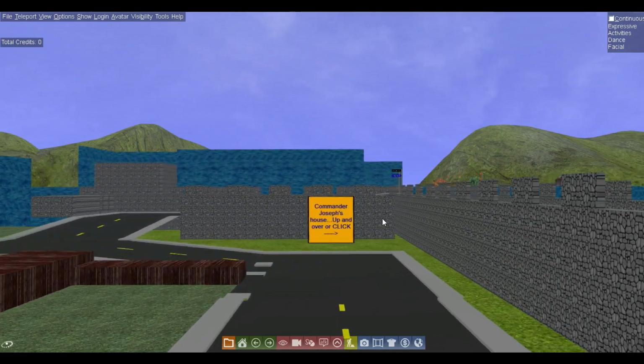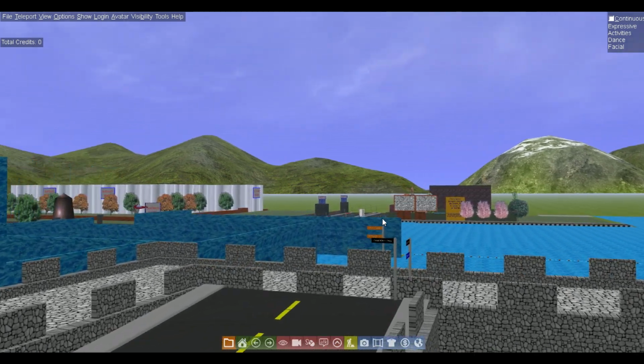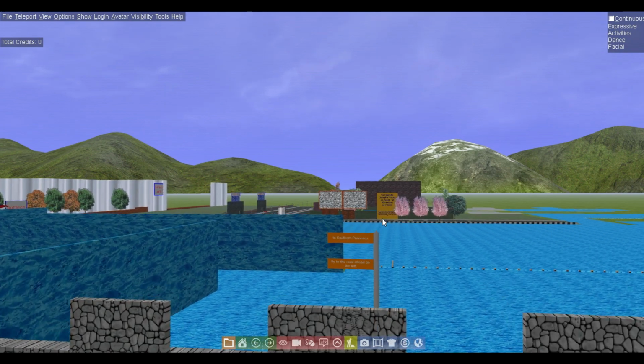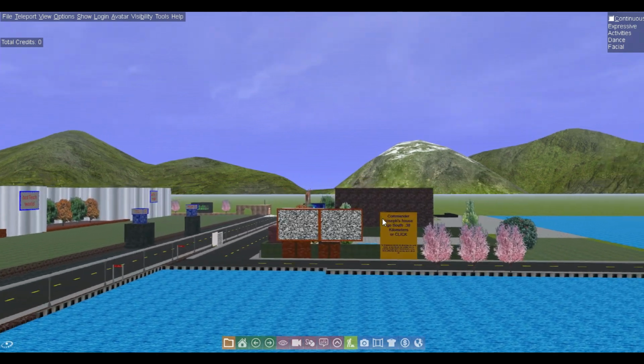And then you have to go up and over this. So you have to go up here. And then you're supposed to go over this wall. I guess it was the Great Wall of Amy. So this is also to the southern provinces, but then